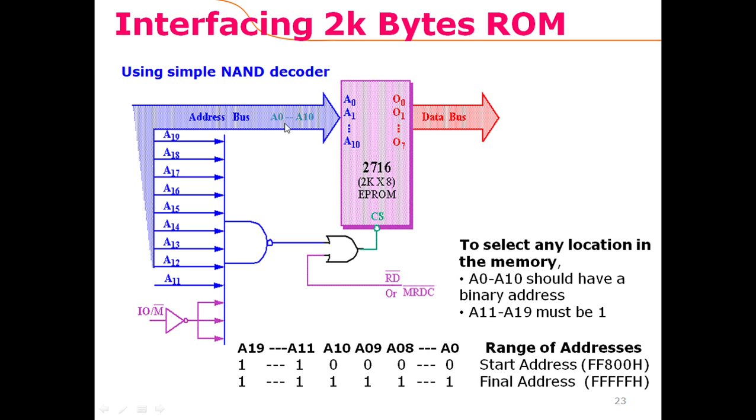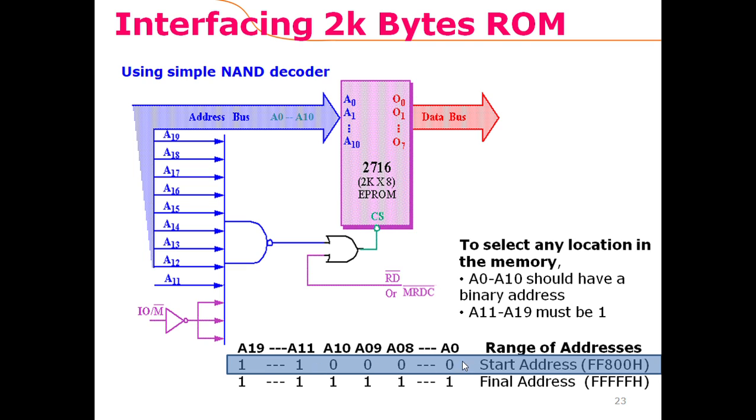For the valid addresses, as I just said, A0 till A10, the value of these lines would change from all zeros till all ones, while the other bits A11 till A19 must always be 1. So to address the first location inside this memory chip, all of these bits should be all zeros, which are shown here. Okay, so this would provide the starting address,